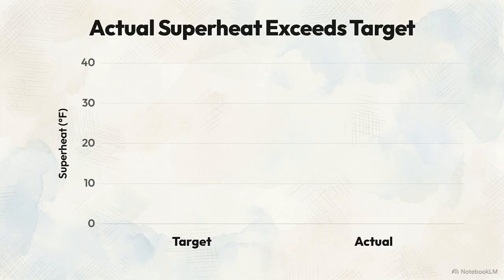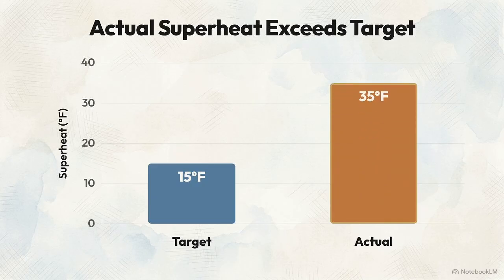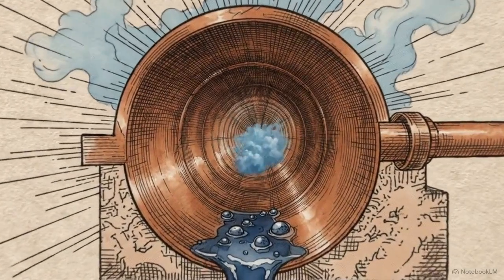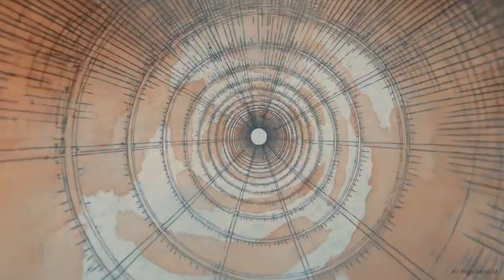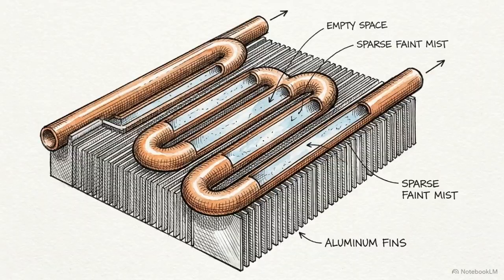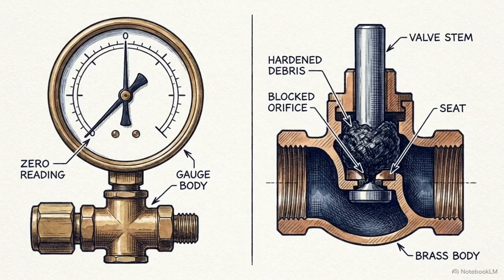The first failure state occurs when the actual superheat calculation is significantly higher than the target. Physically, this means the liquid boiled away far too early in its journey. The majority of the coil is left filled with gas that is no longer effectively absorbing heat. This is a starved evaporator. A starved evaporator indicates the system is either drastically undercharged with refrigerant or a physical blockage is restricting the supply